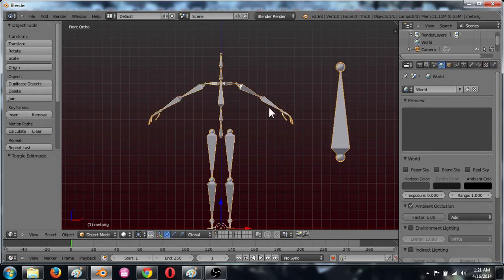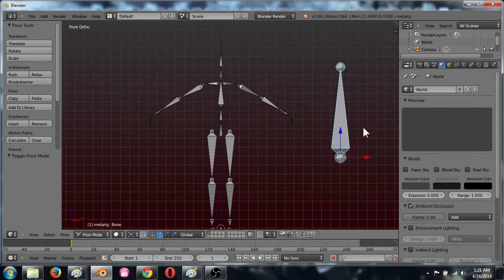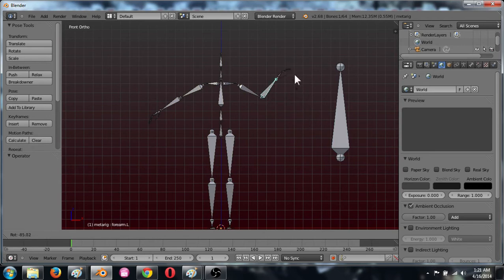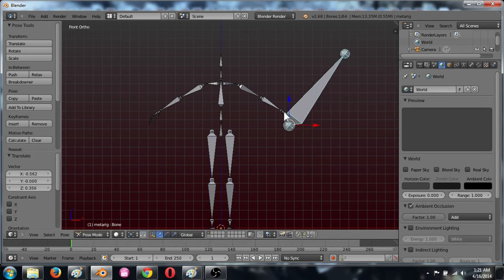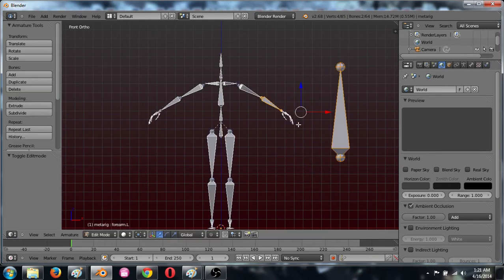Now that bone is sitting over there doing nothing right now. It's not attached to anything. Going like this, the arm doesn't move. Let's say this is his sword. He has a sword. And so I want to move the arm, and I want the sword to follow, but that doesn't work. So if I parent this,